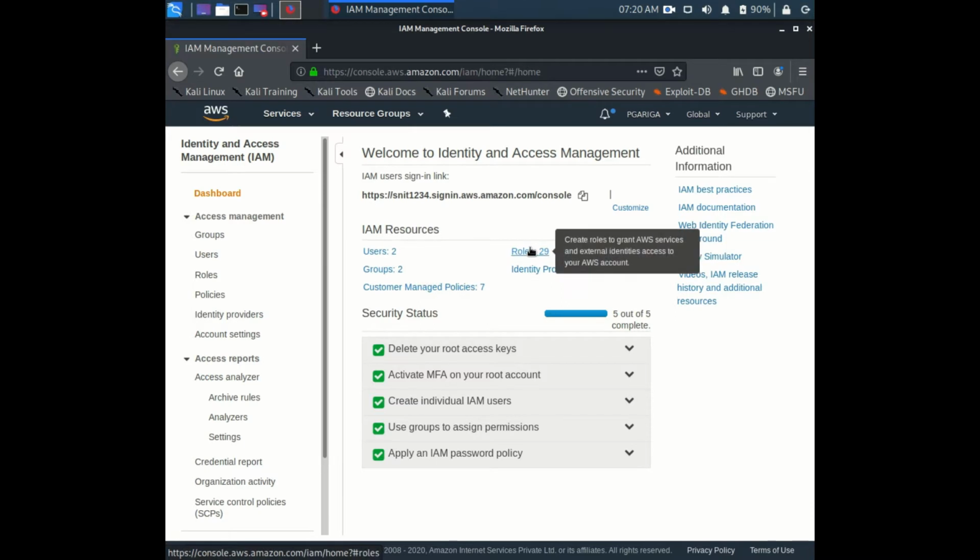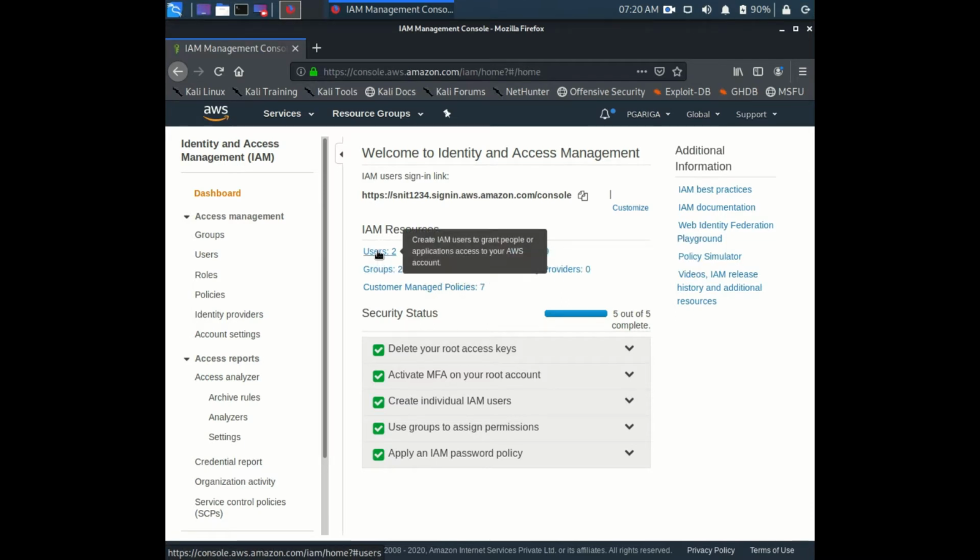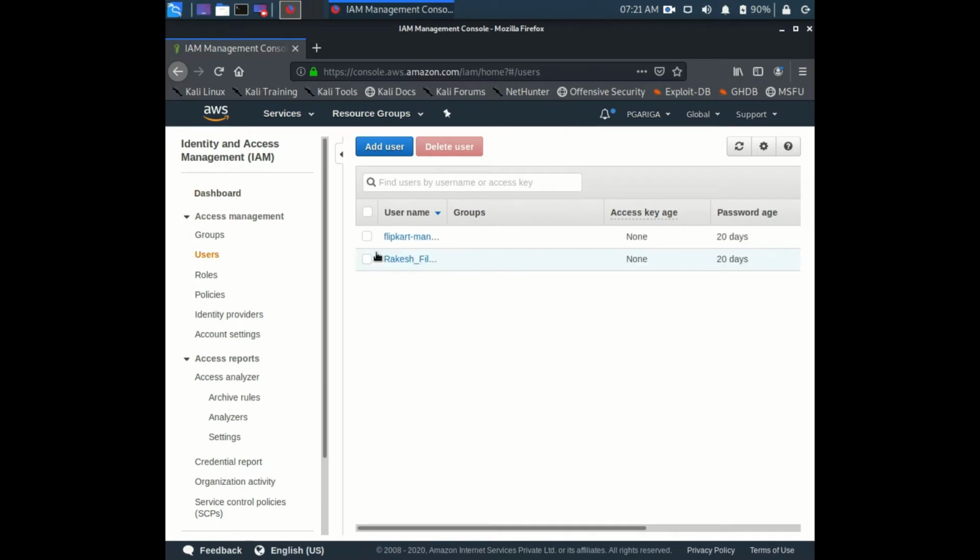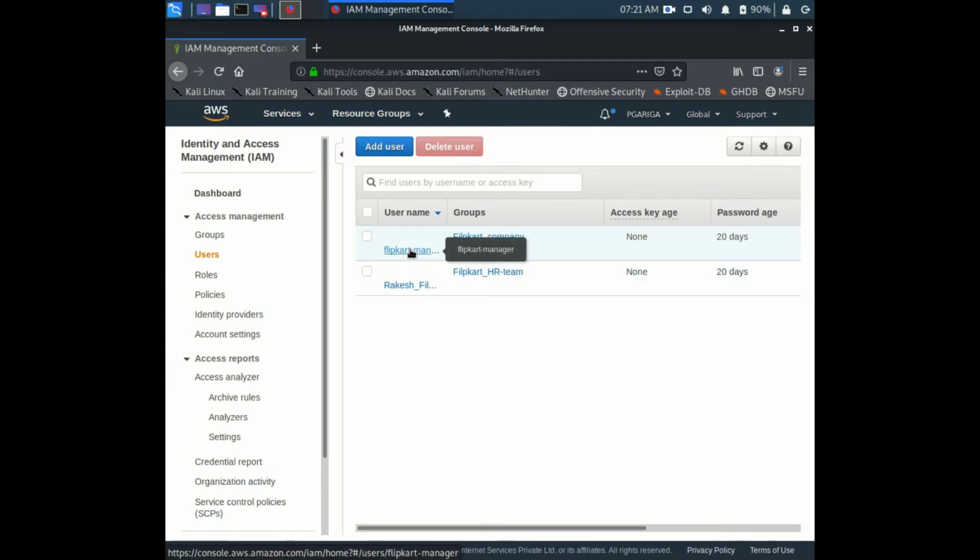So what are users, roles and groups? Let me clarify. Users: if you're familiar with Active Directory, Windows based Active Directory, you'll see users over there, right? If you click on users, we have some users like one of my friends, Rakesh, and a session over there. If you want to see my Telugu session, you can go through my AWS live Telugu playlist on my YouTube channel. You can just watch the playlist.